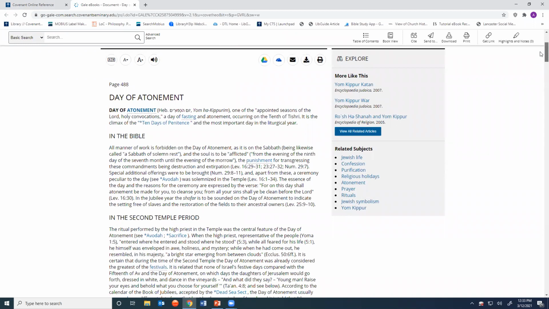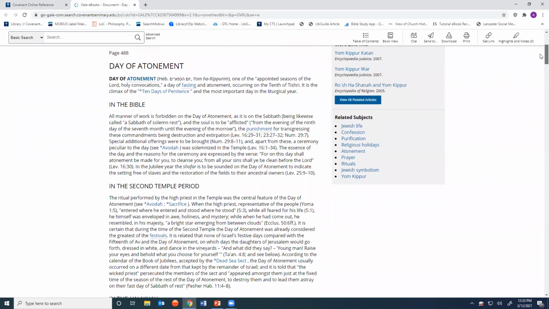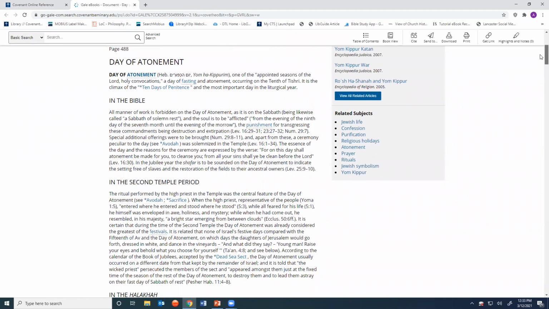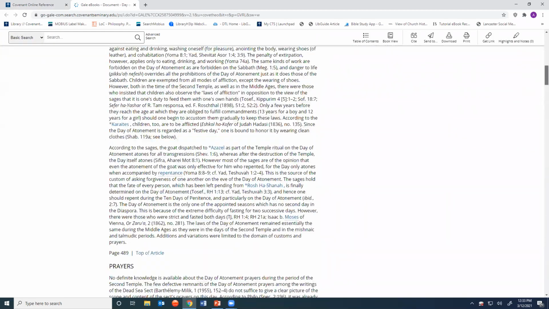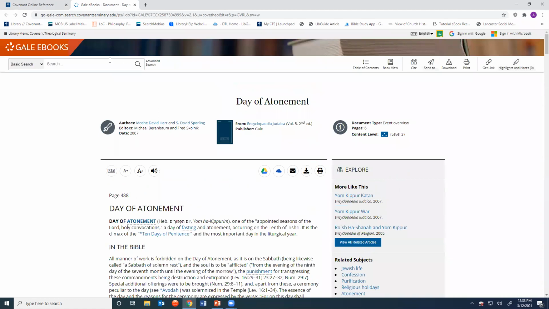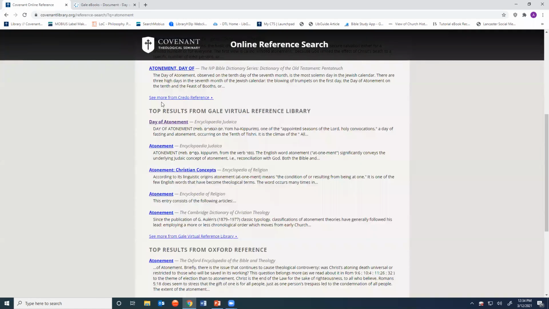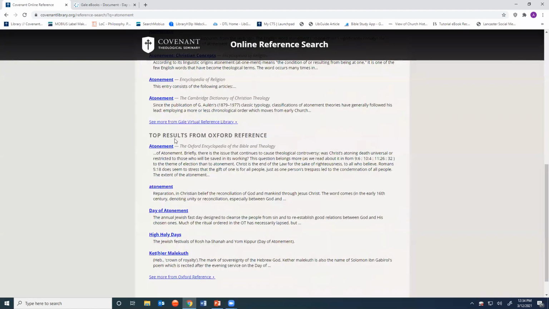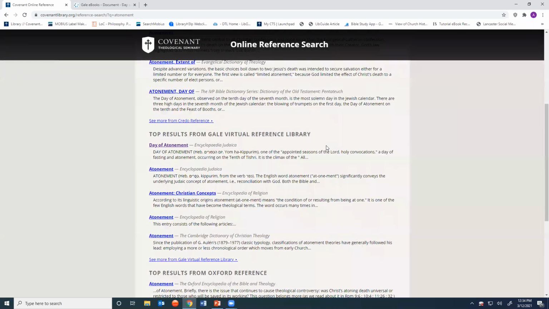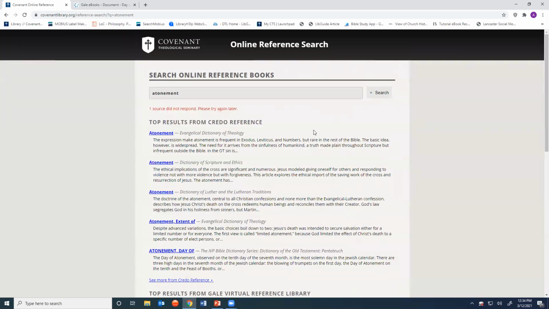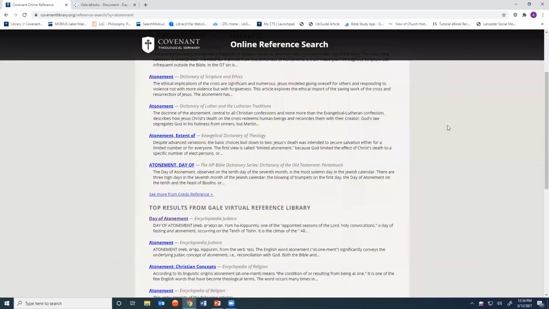So if you're looking for more information on the Old Testament background on the Atonement, that would be a good resource. We're seeing more results from Oxford Reference we looked at before. So that just gives you a broader view of some of the online reference materials that are available to you.